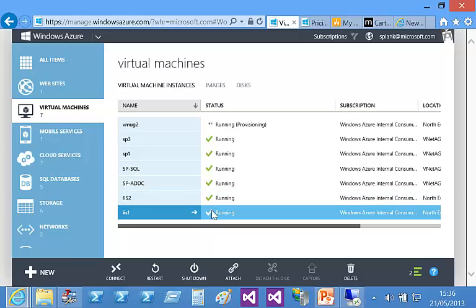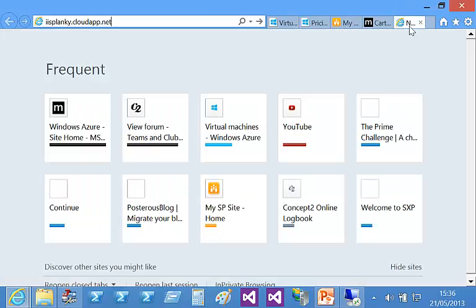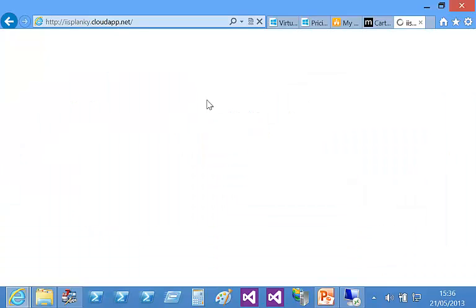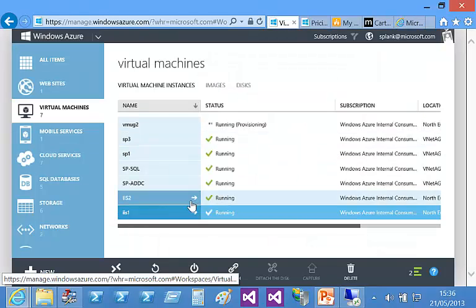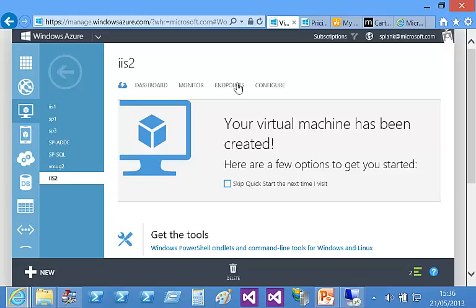So I've got two of those machines which are running now. So if I go back to this thing here and I start, as soon as it comes alive, I get the first one. It should say IIS1 because I haven't connected the load balancer up for the second one. So that's IIS1, okay? And I can request that as many times as I want. It'll always say IIS1. So what I do now is I go back to IIS2, and in the endpoints here,